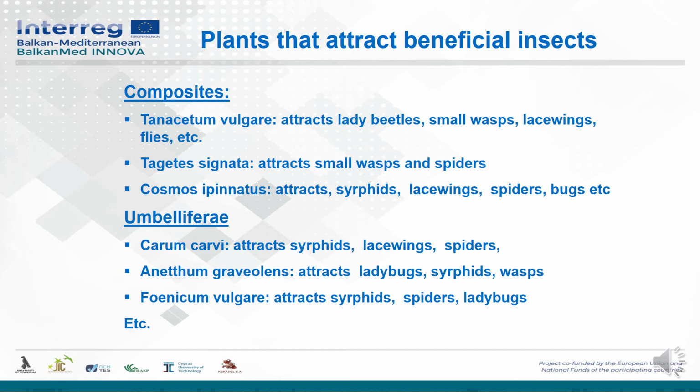Umbellifera, we have here, for example, Carum carvi, which attracts syrphids, lacewings, spiders. And Anethum graveolens attracts ladybugs, syrphids, wasps. And Foeniculum vulgare, which in Italian they say finocchio, attracts syrphids, spiders, ladybugs. We know that Foeniculum vulgare is used for the famous ouzo, which uses this plant to give the special